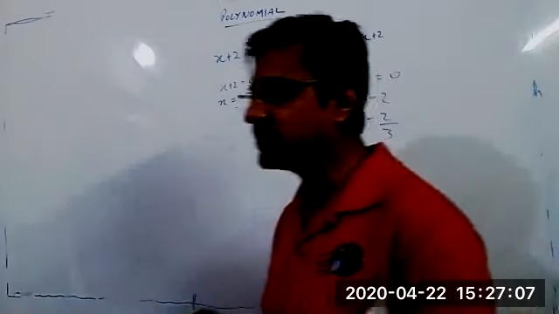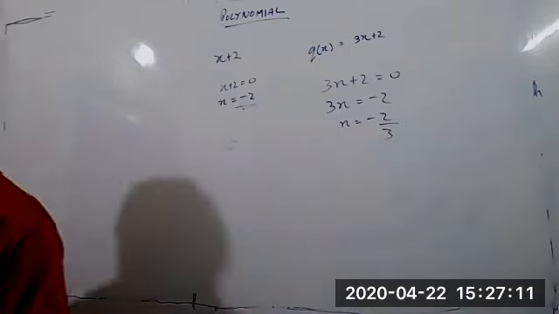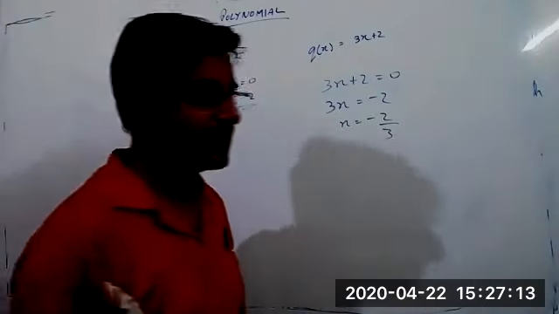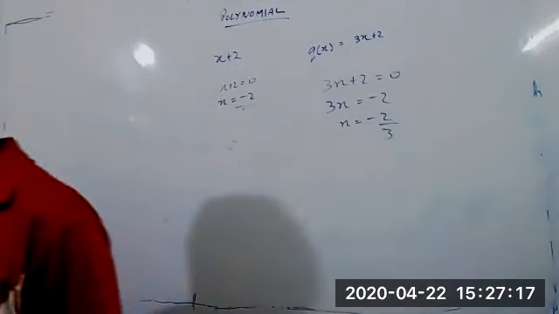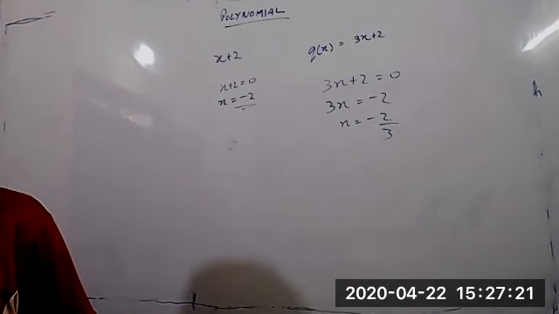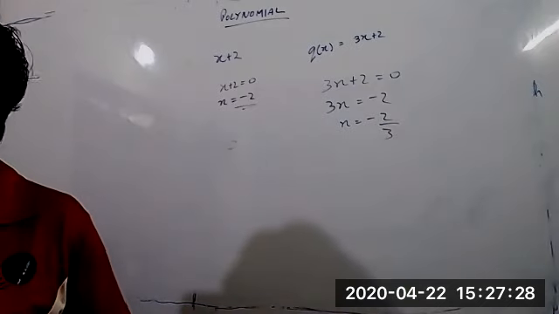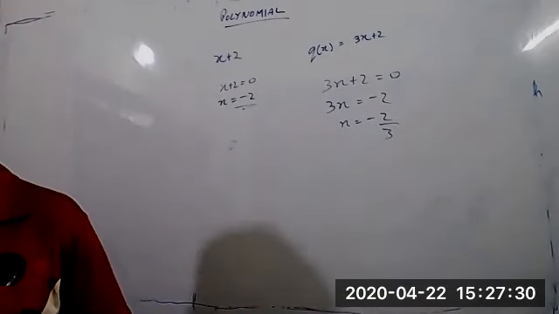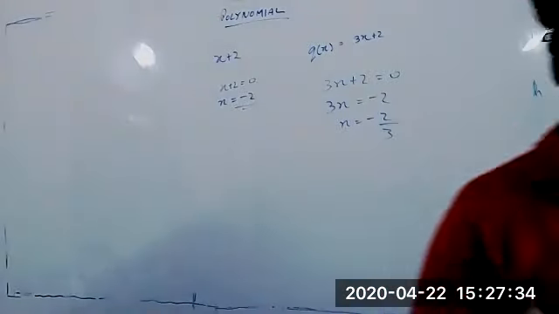Only one topic is actually left out in this, and then it will jump to factorization, which you have done in class 8. You have to do a little higher level of factorization. Is it clear? Is factorization part of this chapter or another chapter itself? It's part of algebra. In NCERT it is part of polynomials; in R.S. Agarwal it is a different chapter.